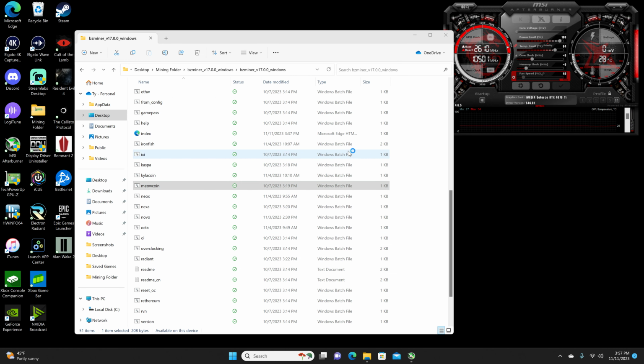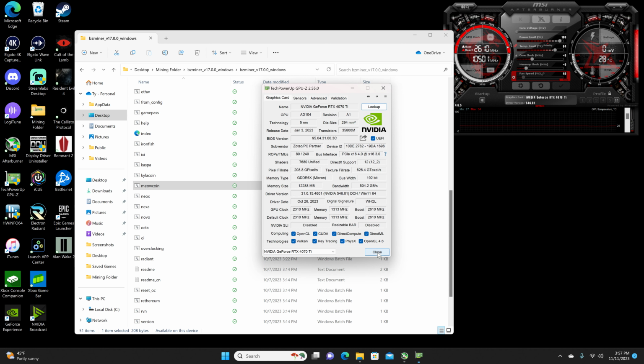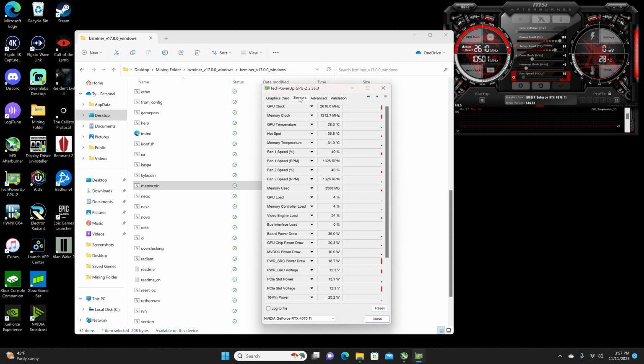Take a look at the memory type as always, which should be Micron, like a majority of the 40 series. Everything except for the 4060, which should be Hynix, and then maybe the 4060 Ti 16 gigabyte, which I still need to get my hands on. But anyway,